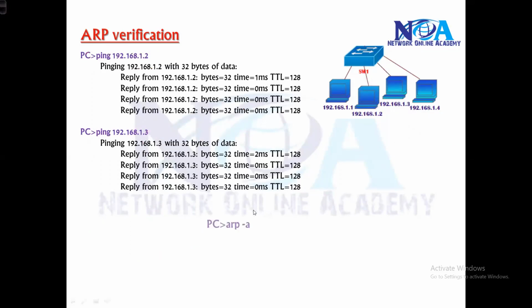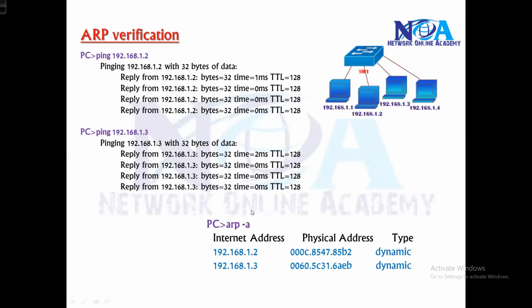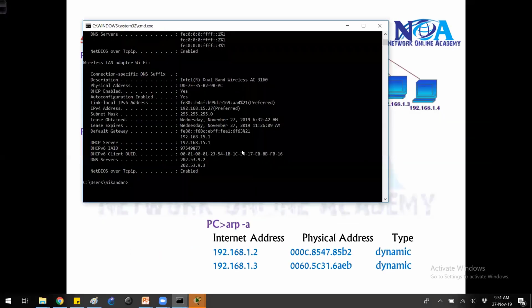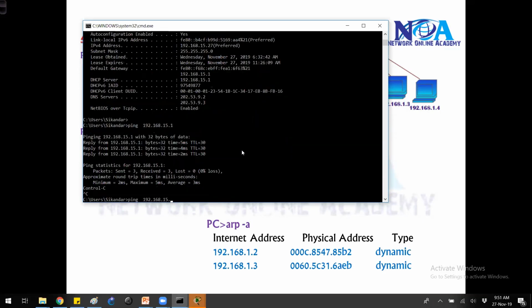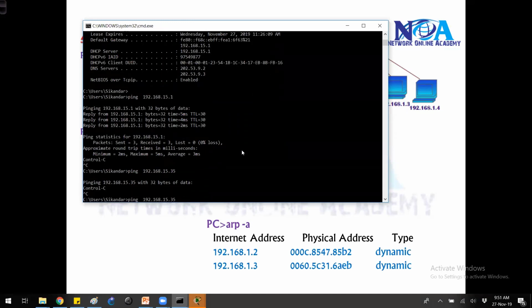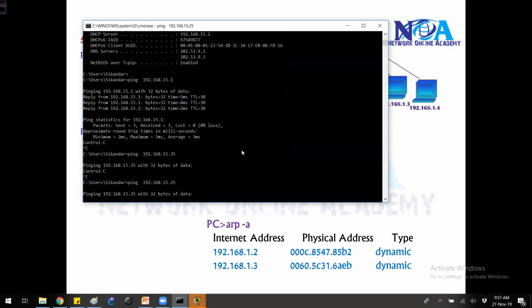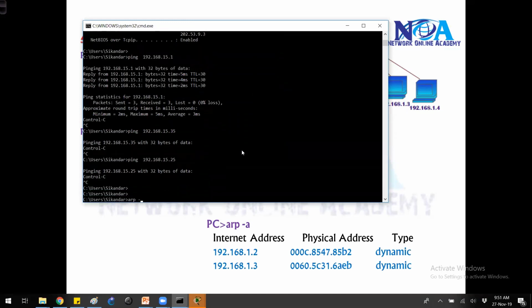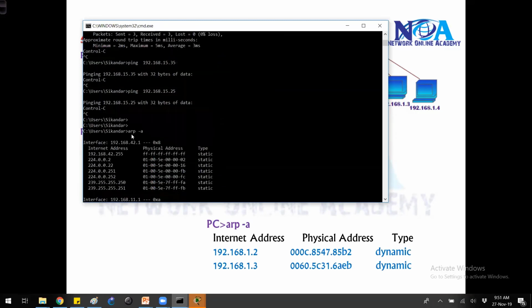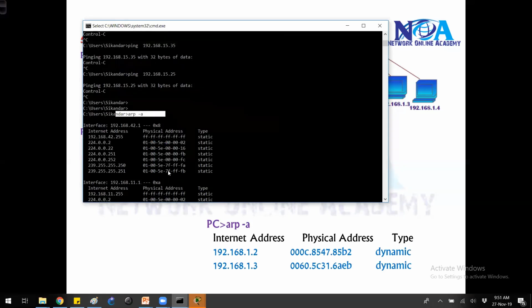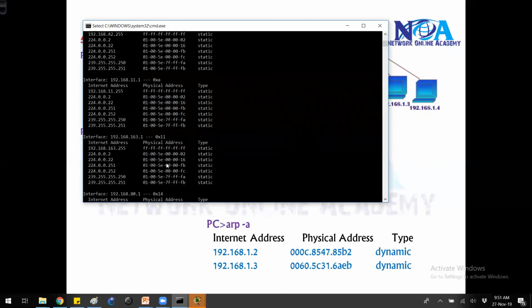If you want to verify the ARP, we can use a command called arp -a. Like in my case, I'll try to ping 192.168.15.1, my router, and I don't know whether other devices are on or not because I'm not using other devices. So I don't know the IPs as well. But basically, if I say arp -a, you can see this is the ARP table. It displays the ARP table, and this ARP table indicates these are the MAC addresses.